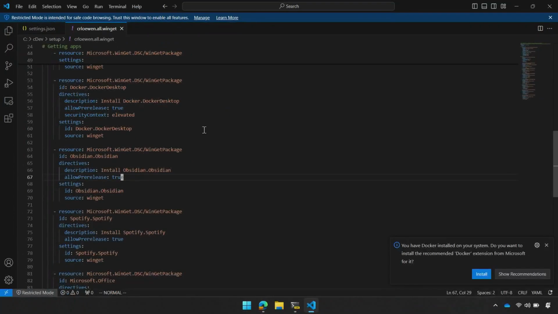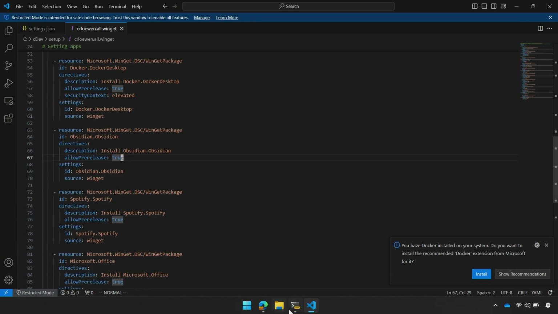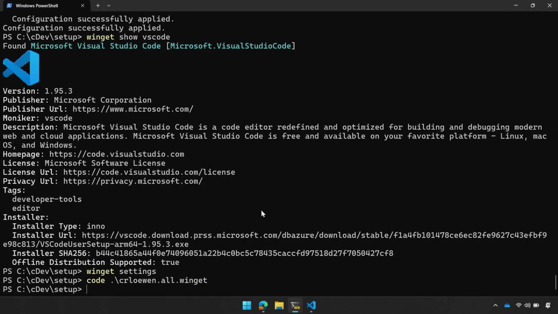And for other install methods like Spotify, I want it to run in a non-elevated context. So I can have one script that's intelligently choosing, OK, run this as admin, run this as my user, run this as admin. And that way, I can install everything I want on a new machine and get it set up just incredibly quickly, which I think is really awesome.